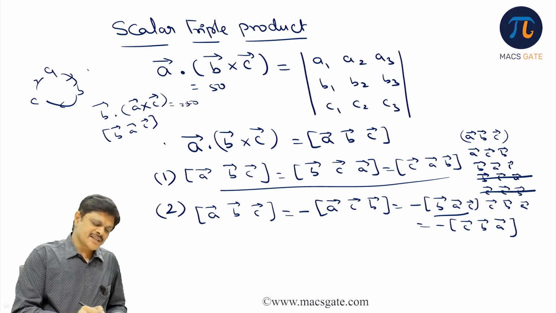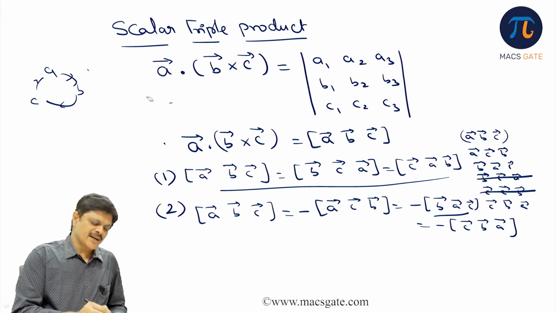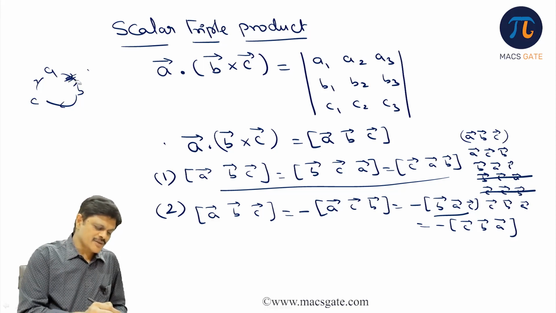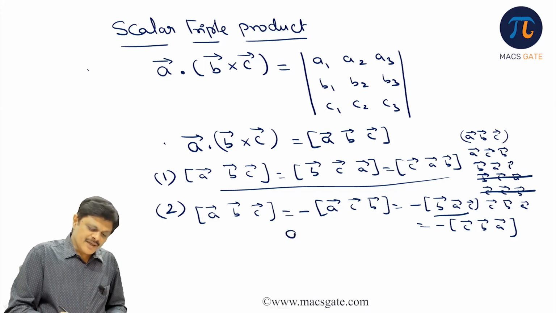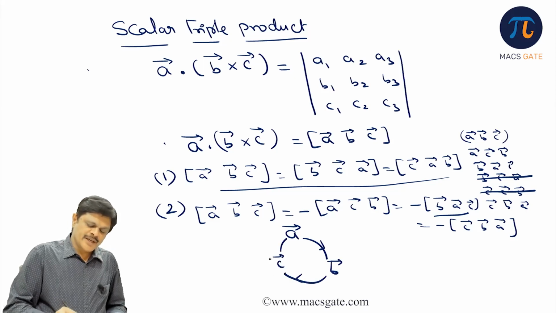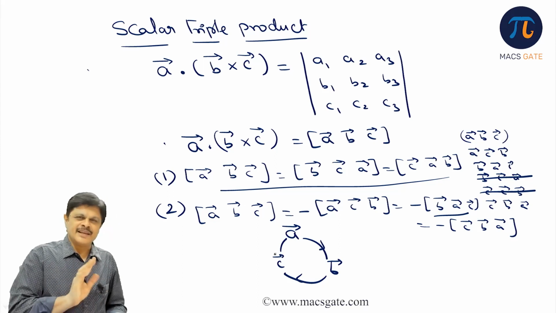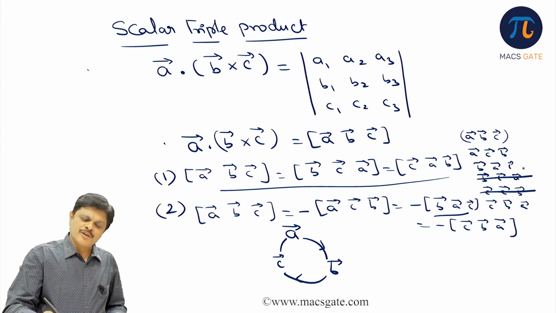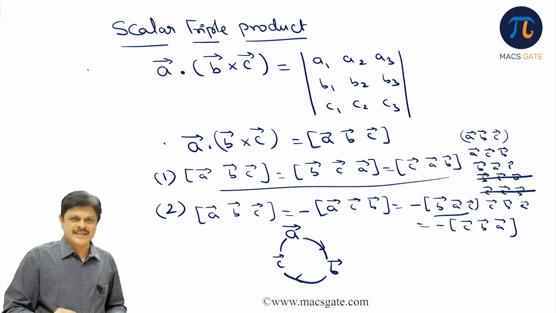Is the idea clear? In such cases, they are very, very useful. This is about the scalar triple product. You just remember this cyclic thing, then you can remember this formula also. Very easy. I'll draw here itself: A, B, and C. So ABC, BCA, CAB will have the same answer. All the remaining ones will have minus of the answer of ABC. Is it clear? So this is about the scalar triple product.